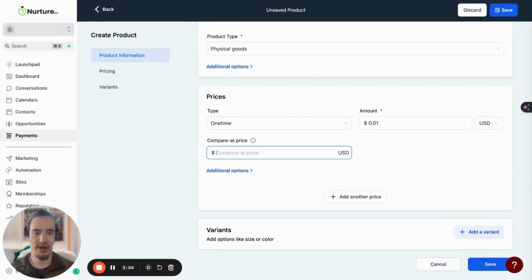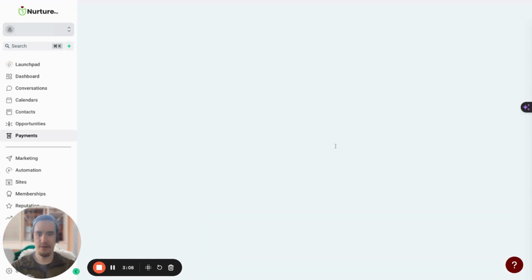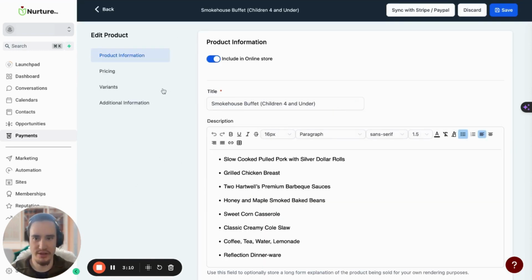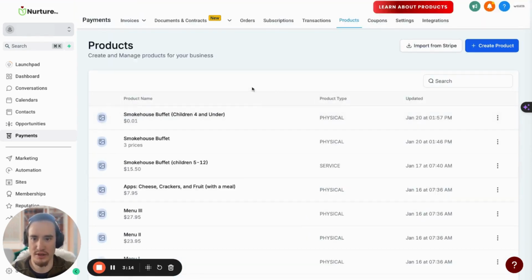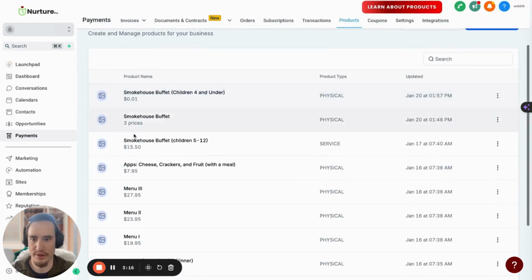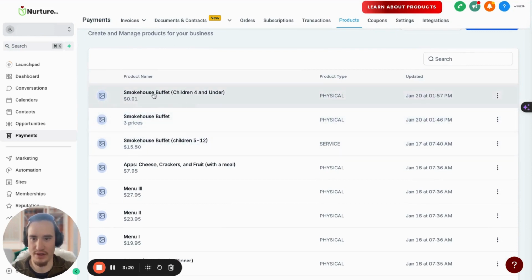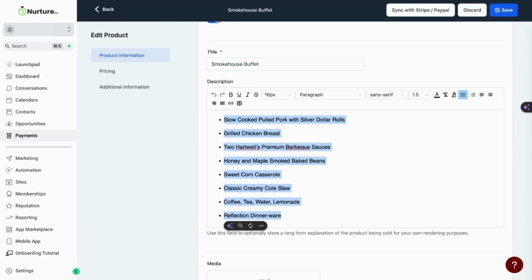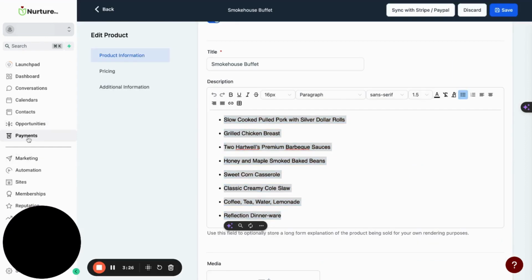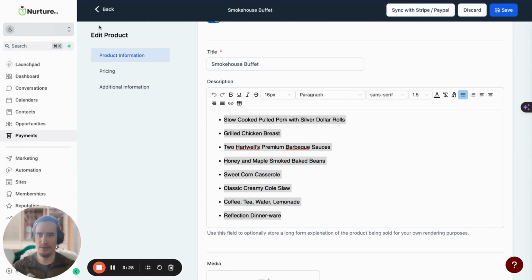if you wanted to add a new price, we'll go ahead and create this here, save. So we've just created a new product and I'll just show you what that looks like. There we go. We have the Smokehouse Buffet children 5 to 12, and then Smokehouse Buffet children 4 and under. Now you have those separate products. If you want to go under the payment section,